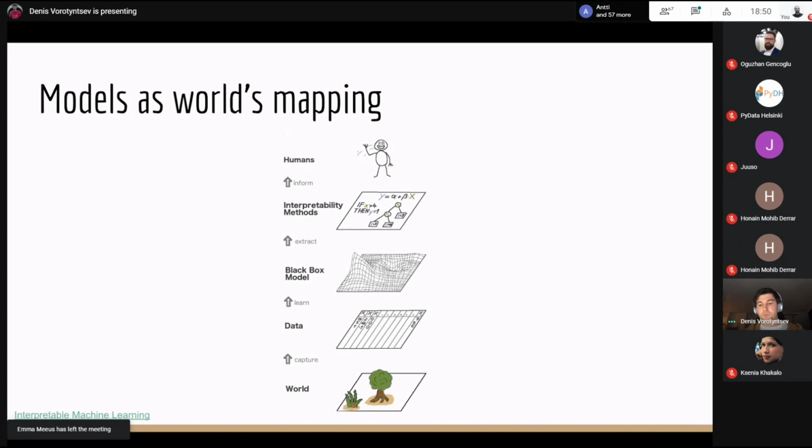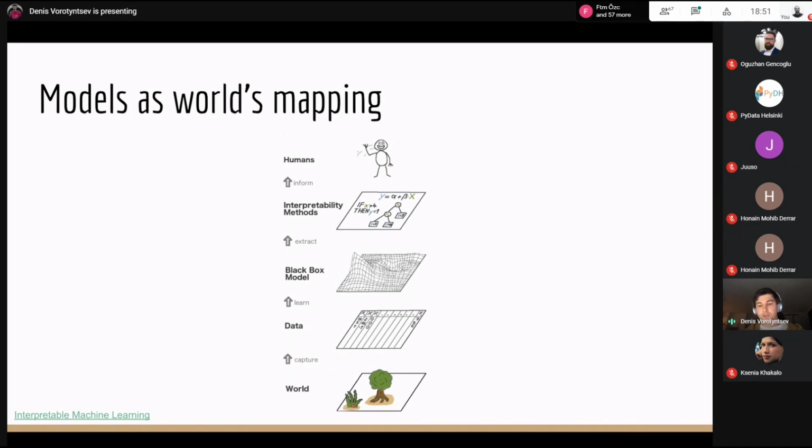So in the end, we may end up in a situation where our final proxy metrics, such as accuracy, might be pretty good on the holdout and test data sets. But in reality, our solutions are suboptimal. They're optimal for our proxy metrics, but they're not optimal for the metric which we want to maximize, which is profit or any other utility metric that we want to use. And for me, a possible way to solve this problem is to start interpreting our models, to understand what is going on under the hood in this black box of the model.